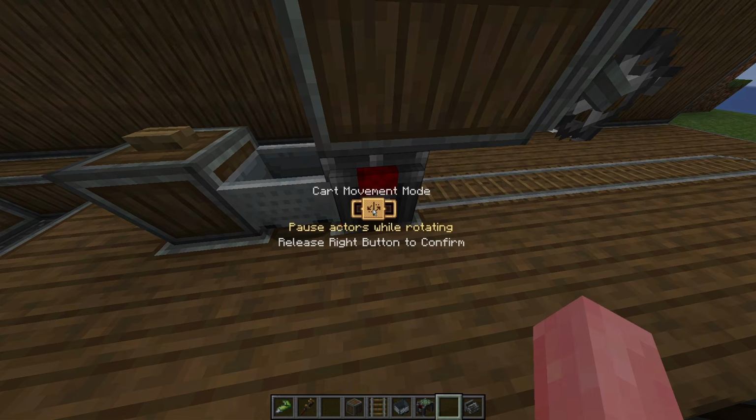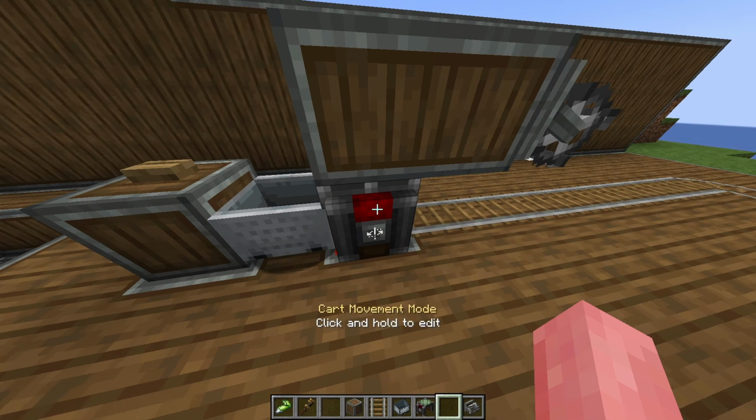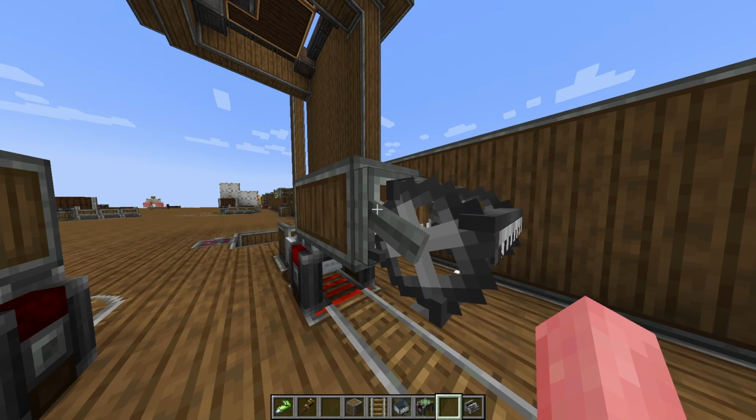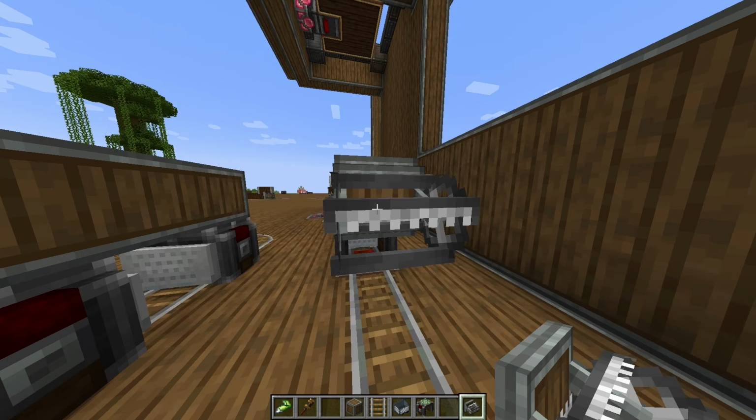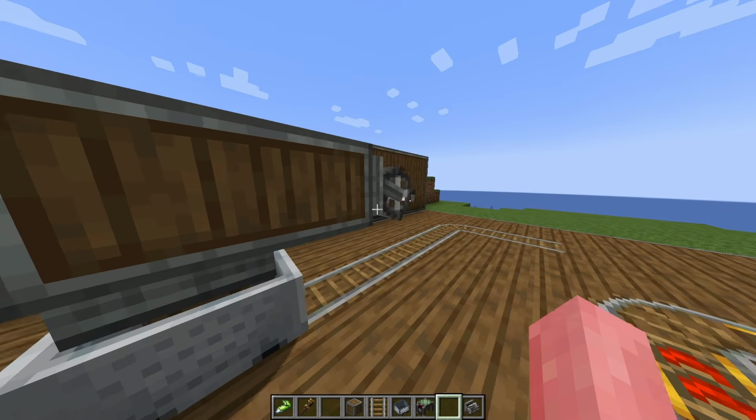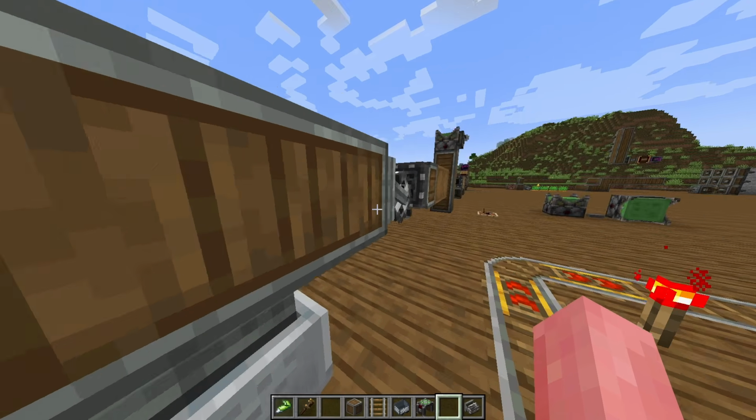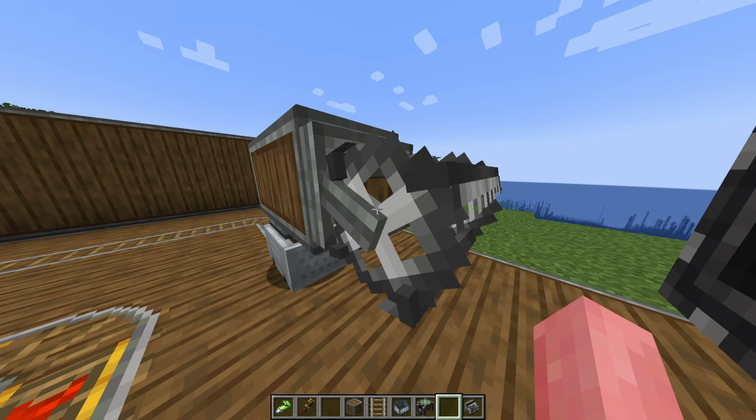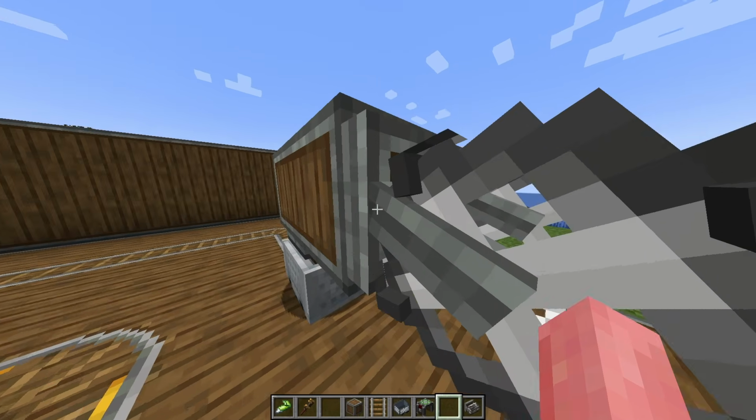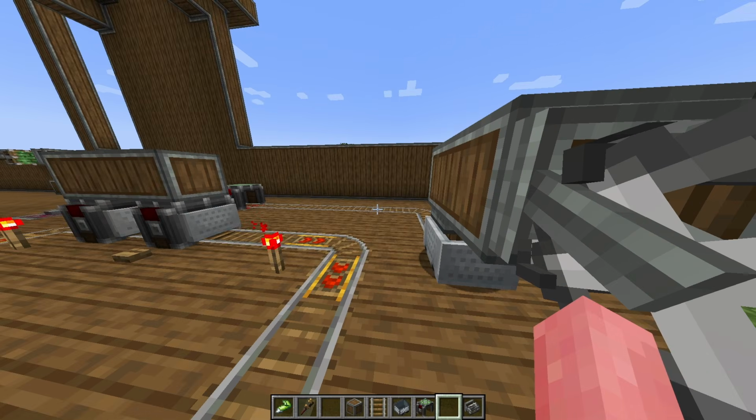Now the second mode, pause actor while rotating, does the same thing, except when you have an actor. In this case, I've put a mechanical harvester so it's more visible. They will stop moving while they're rotating. Well, I didn't see anything here, but trust me, it just stops entirely and it won't work while the